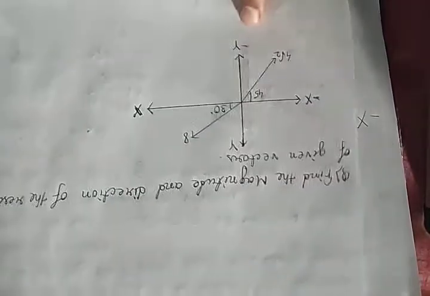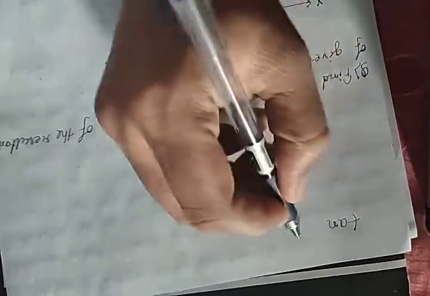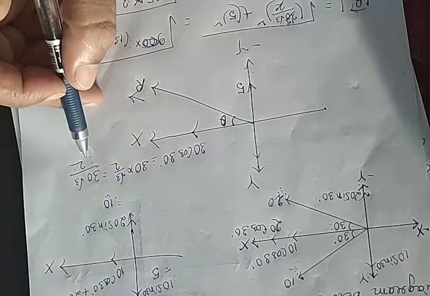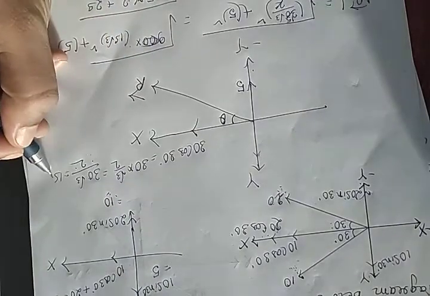Okay, now you just have to find the direction. For the perpendicular vector, what is the value of tan alpha? Tan alpha is equal to b by a for perpendicular vectors, as I already told you. The value of b is 5, and the value of a is 30 root 3 by 2, that means 15 root 3.